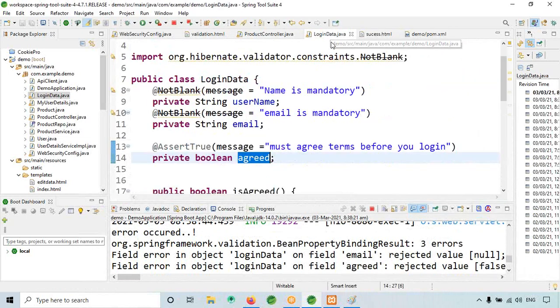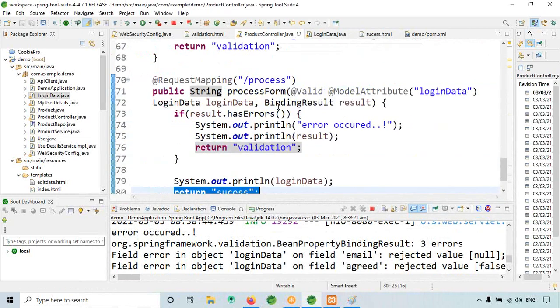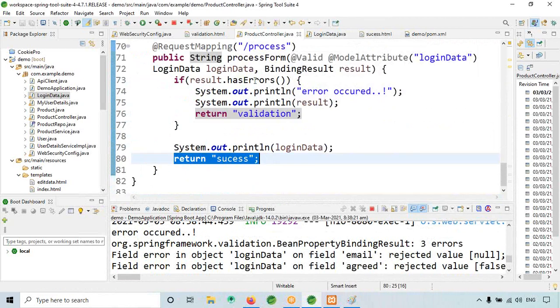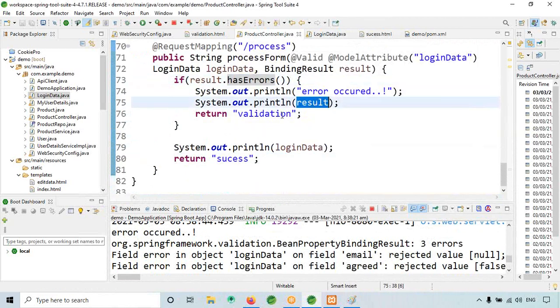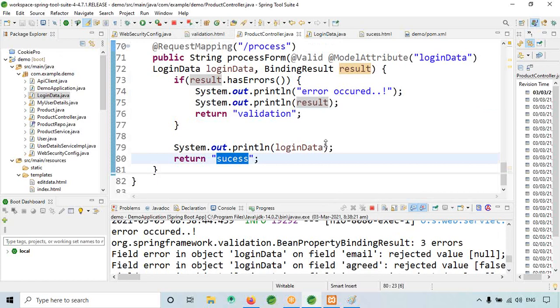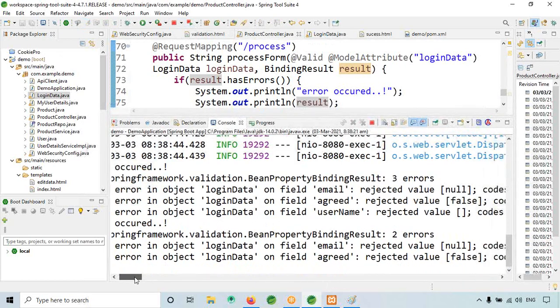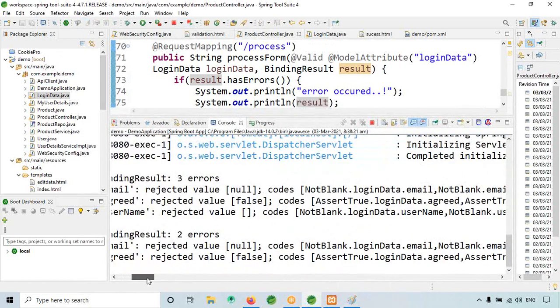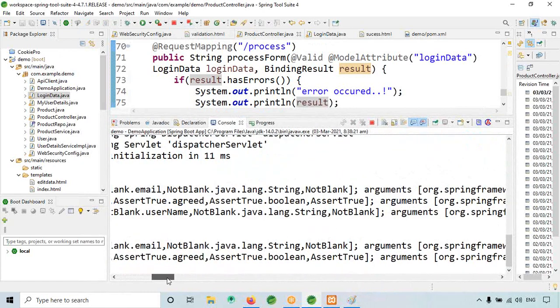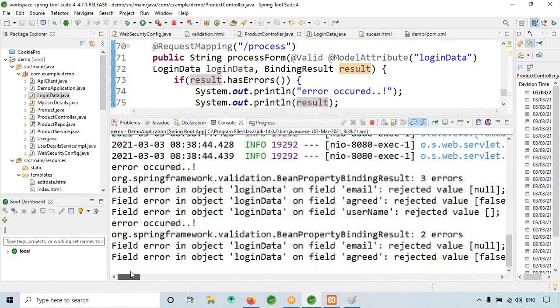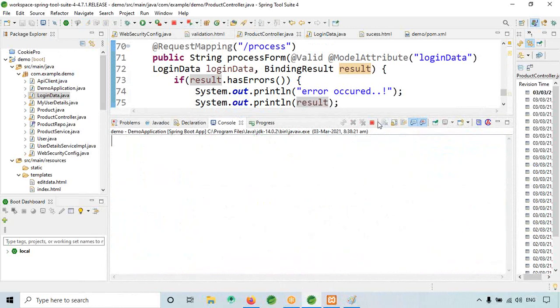Login data control error. It is finding result for login success. Let me clear.